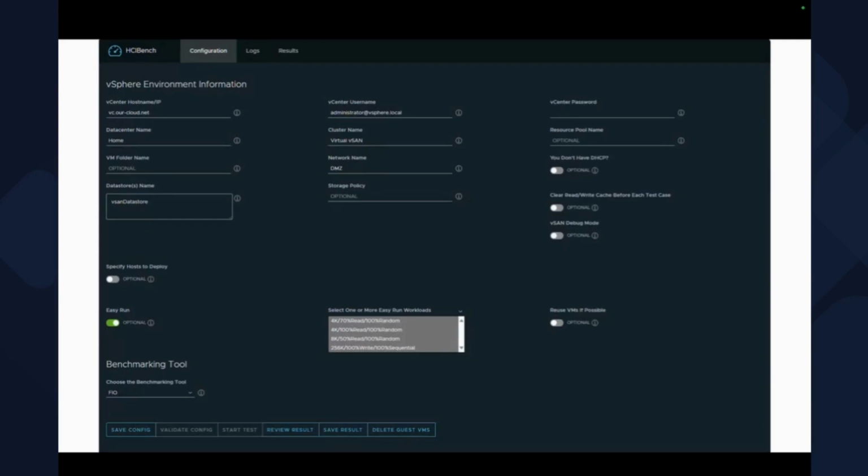Next, this is kind of the landing page for HCIBench. You see across the top, there's configuration, log, results. We're by default at the configuration page. And effectively, what you need to set here is either the IP or fully qualified domain name of your vCenter, the data center name, optional VM folder. You have to tell it the data store that's going to be tested, unless it was changed. The default is called vSAN data store. You give it username, password, cluster name, network name. Here is the VM network that you use to match on